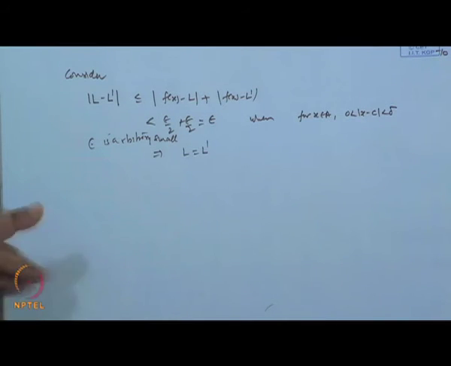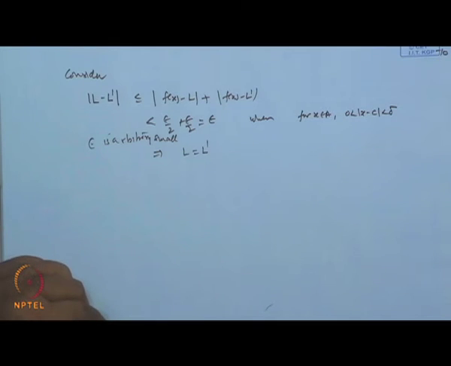Because diverging does not mean only that the limit of the function must go to infinity. That is also one of the criteria: when the limit of the function f x as x tends to c is infinity, the function is not finite there, the limit is coming out to be infinite. But even if the values are finite and we have different values along different paths, we still say the function f x does not have a limit at x equal to c. So, that is the criterion for this. Okay. Now, this we have discussed.